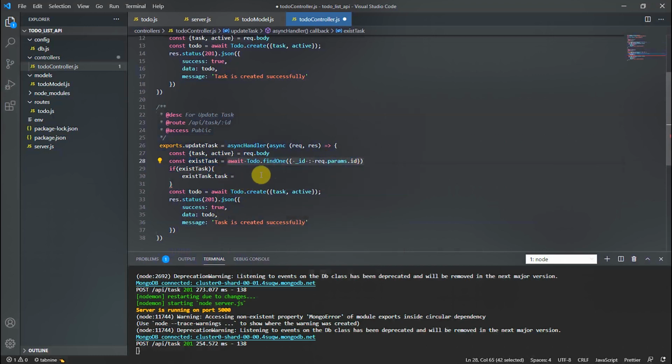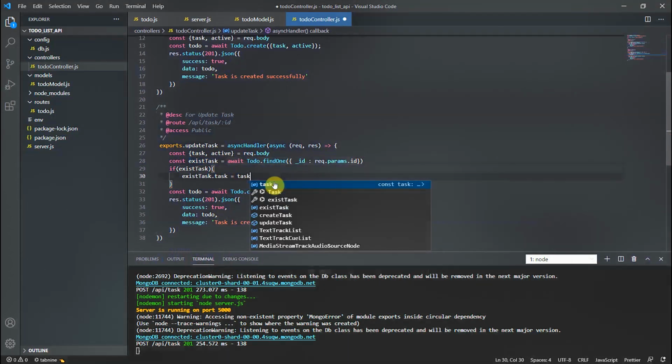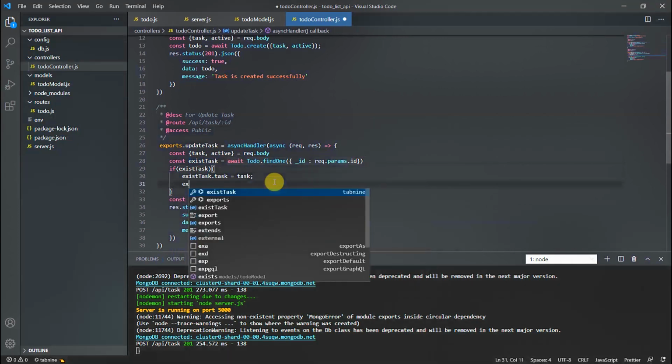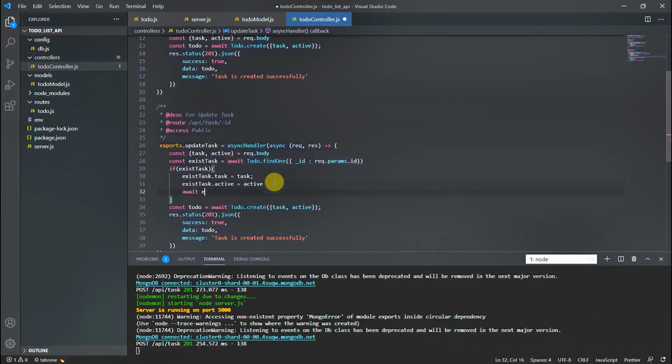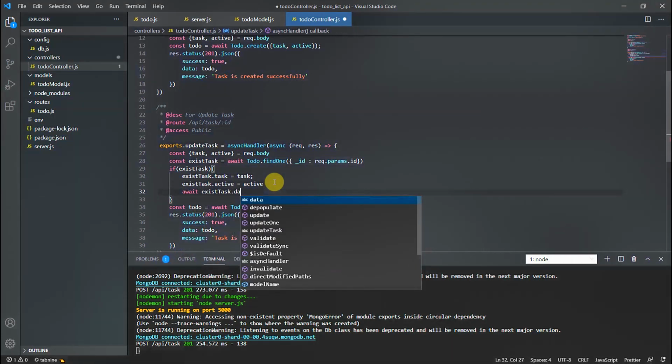In that JSON file, obviously the task is present. So we will replace the task with that updated task and set existTask.active with the updated active value. Then we just await existTask.save.